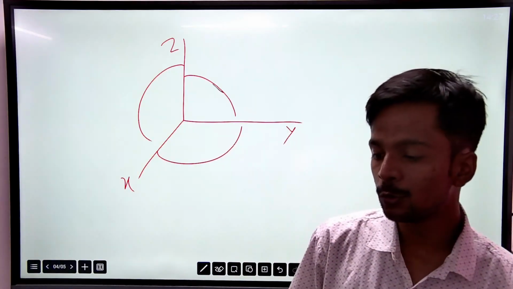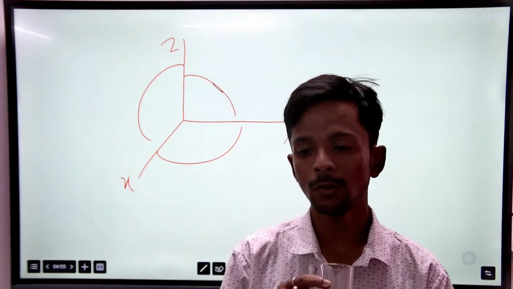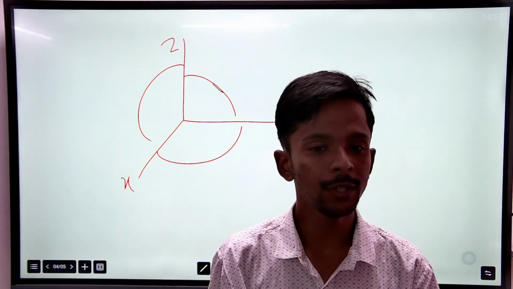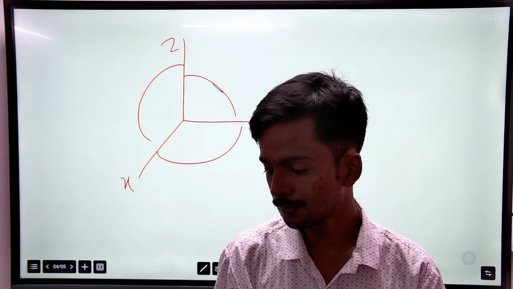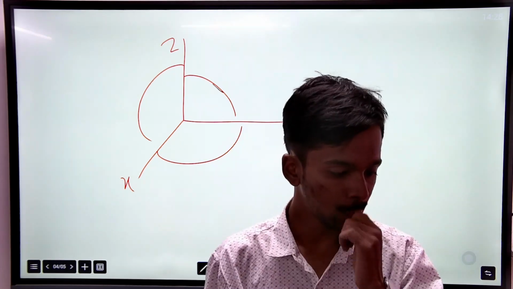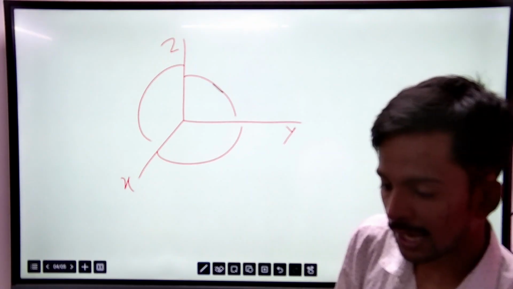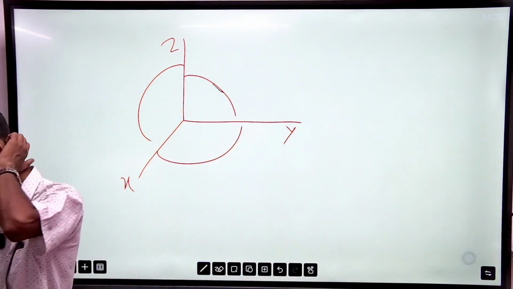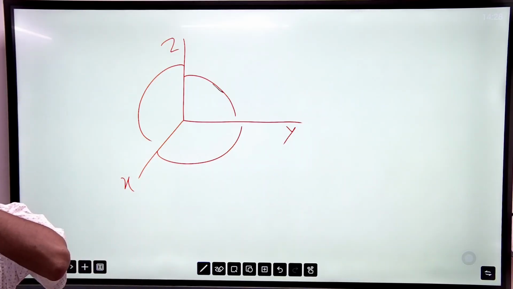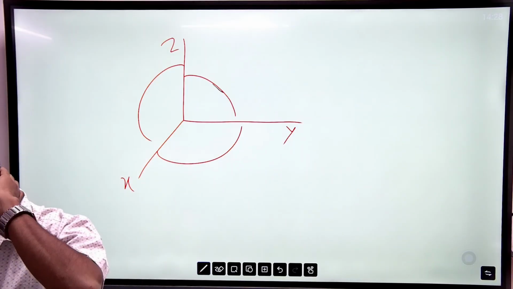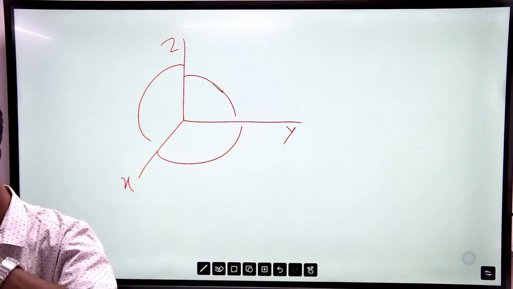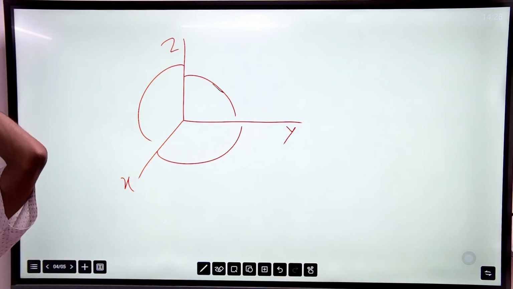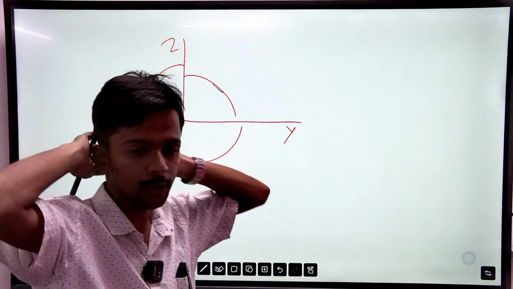The distance between 2 points lying in space is given by square root, put a root over x2 minus x1 whole square,